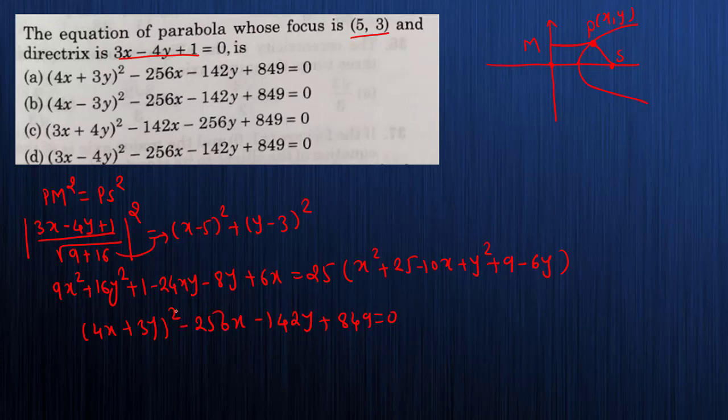So which is option number what? It is (4x plus 3y) square. Look, this is one. Do we have any other 4x plus 3y? No, only option A is correct. See, don't go with the length of this question. Don't look at how long the answer is coming. This is a conceptual question, and don't expect these many lengthy questions in your exam. Only focus on the concept. What concept we have learned is that the distance of both is the same, and with the help of that we are solving the equation of a parabola.